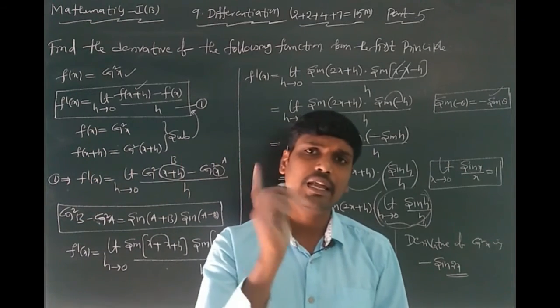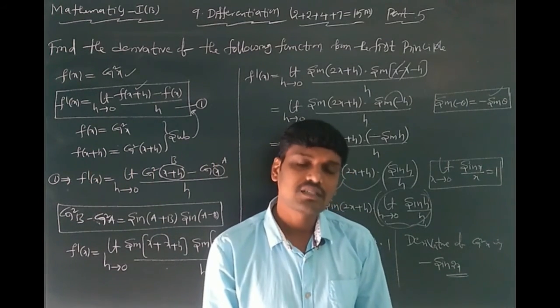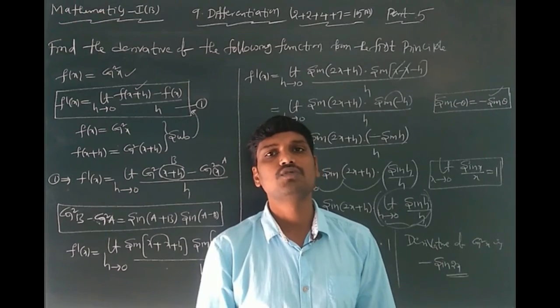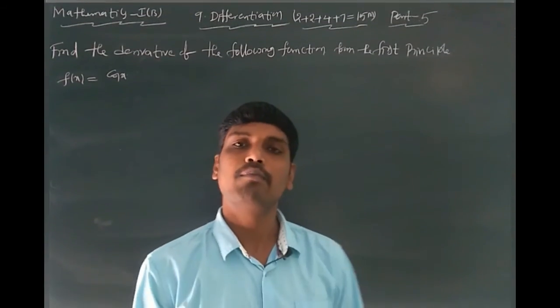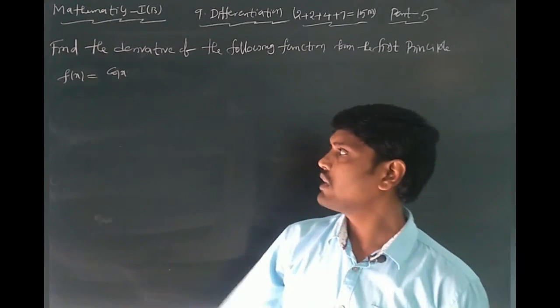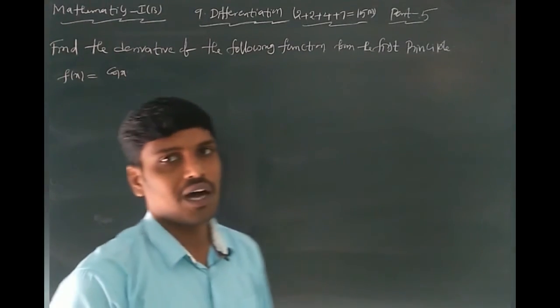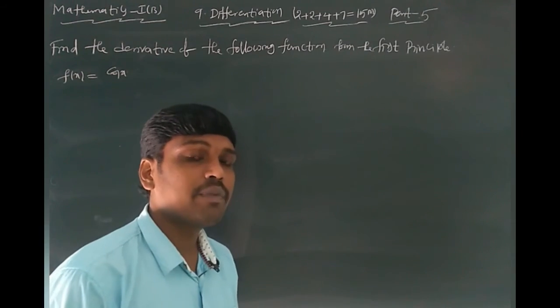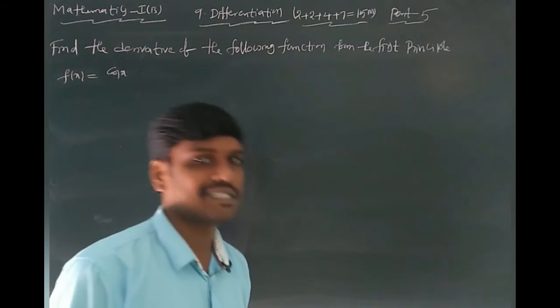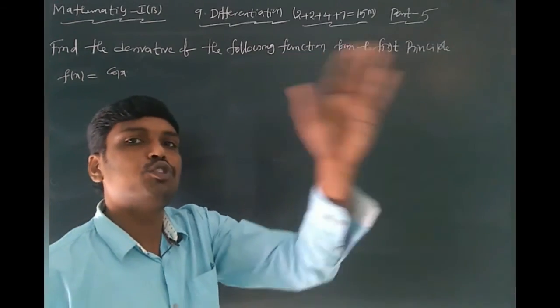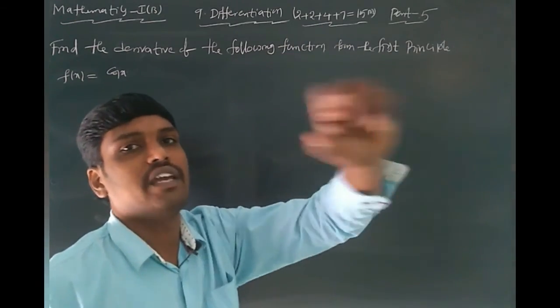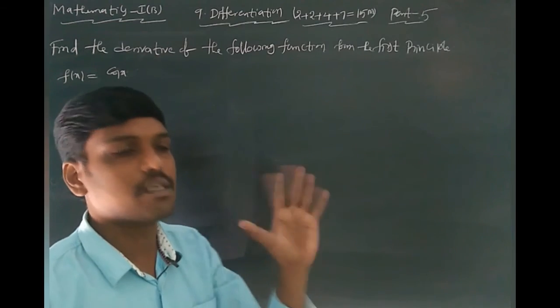This is very important. Today's class is very important and very useful in the IB examination. So today's assignment or homework problem is, what is the problem? f of x equal to cos ax. The previous problem is already completed, f of x equal to cos ax, where a value is 1. Similarly, you can write that problem in place of a, and you get the total answer in a similar way.